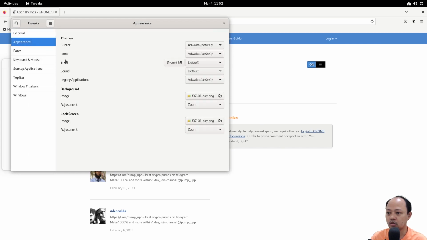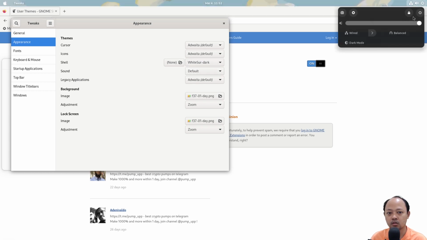Appearance on the Shell part. Let's check. Now we have WhiteSur dark and WhiteSur light. The other shell theme that we installed locally, the Blackmaya shell theme, doesn't appear here in the list. So let's try to activate this.